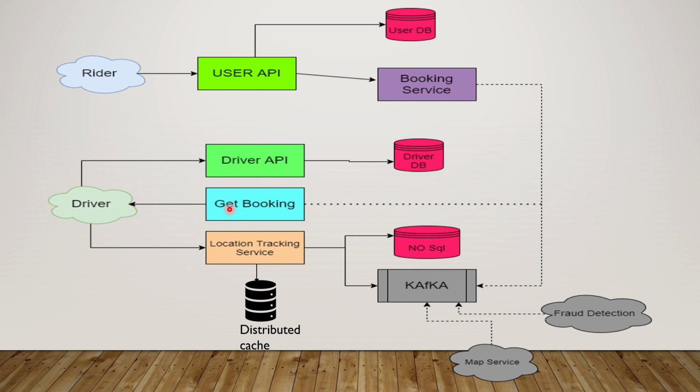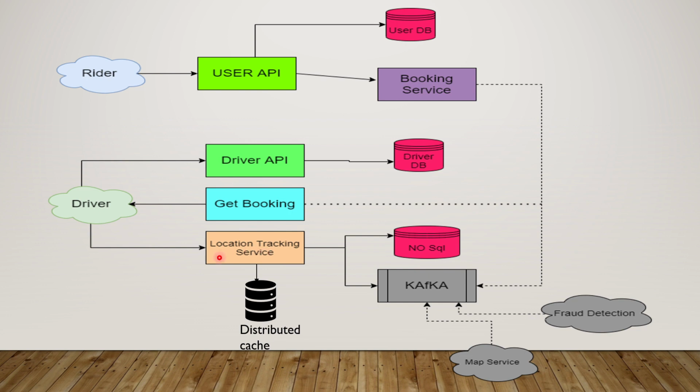And of course there has to be a location tracking service. This is because the driver might be moving constantly even if he does not have a passenger, or there can be a case like he's about to drop someone, and that guy's place is nearby to the next rider who is trying to book a cab. So you need to track all your drivers so that you know which driver to map to which rider. So there should be a location tracking service so that you can always be in control and know where your driver is present.